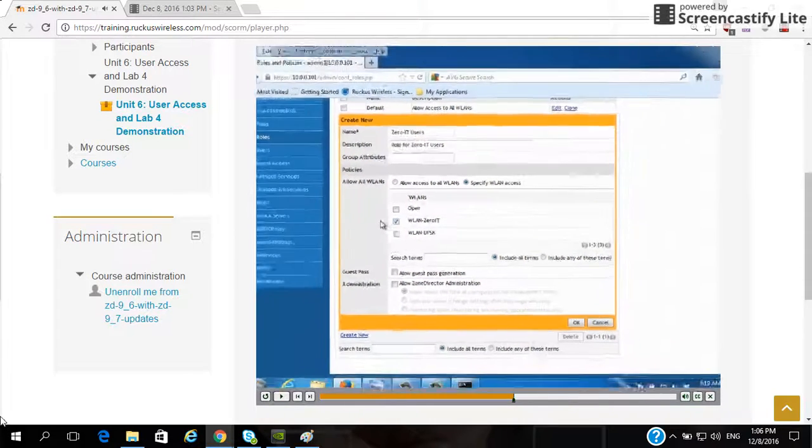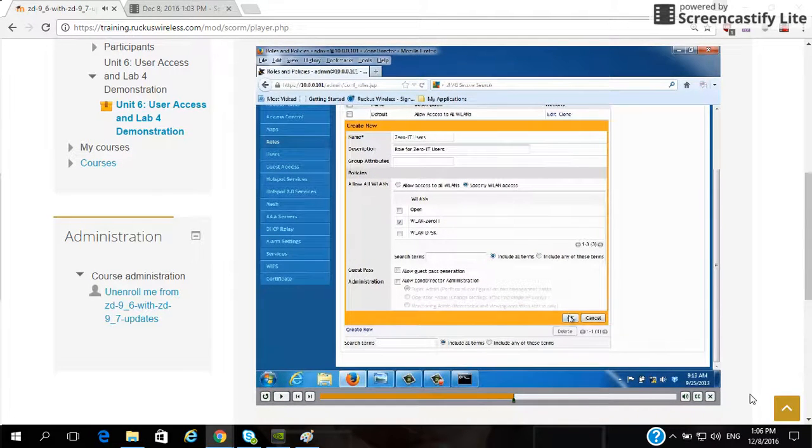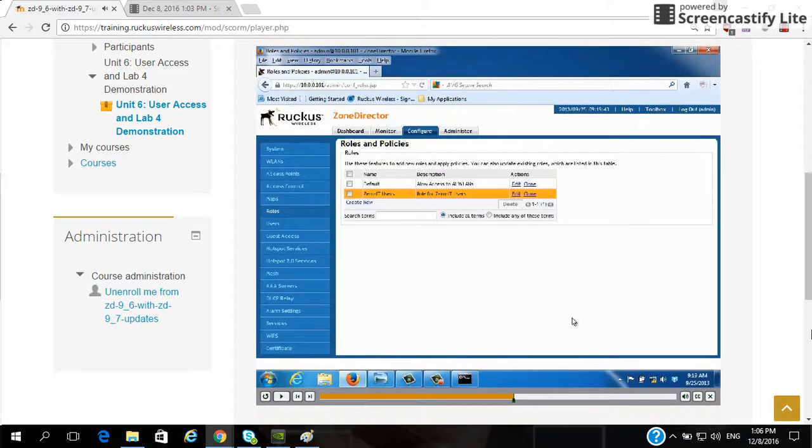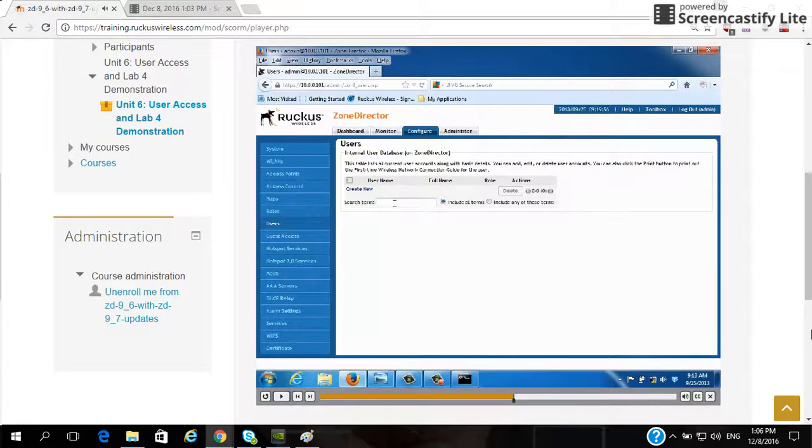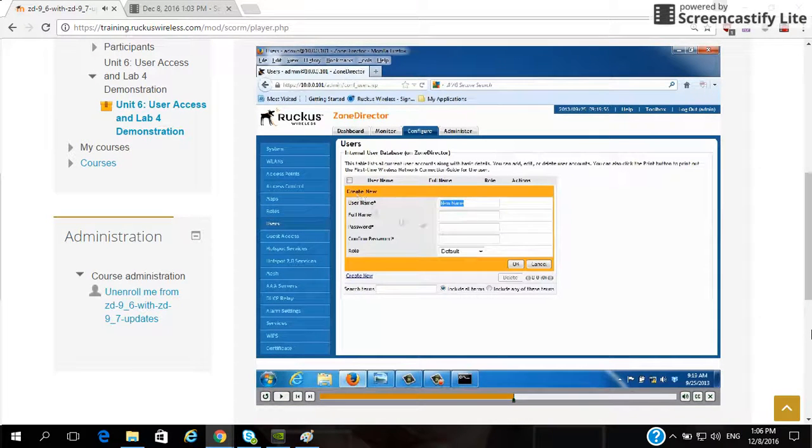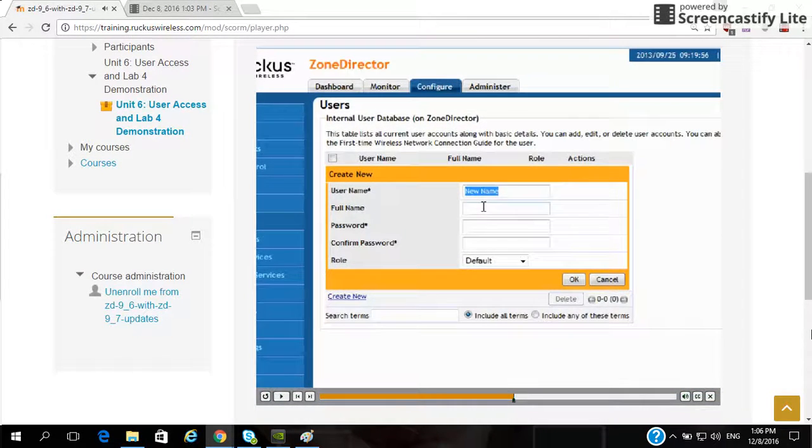I'll click OK. And now I need to assign some users, some username and passwords to that particular role. So I will go to Configure Users. And let's just go ahead and create one. All right, so I'm going to configure a username and password. My username, I'll just make it